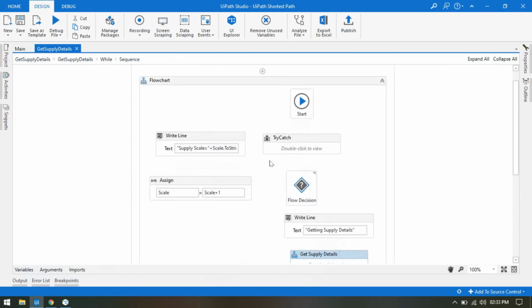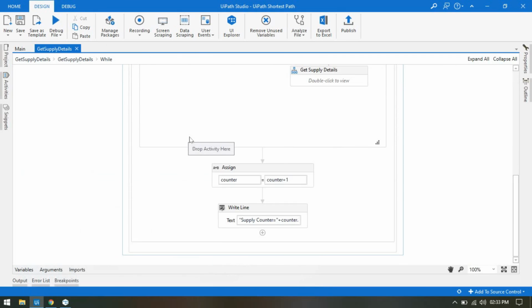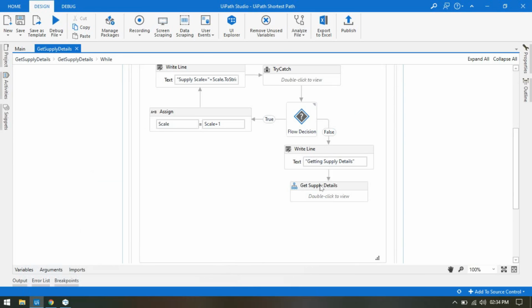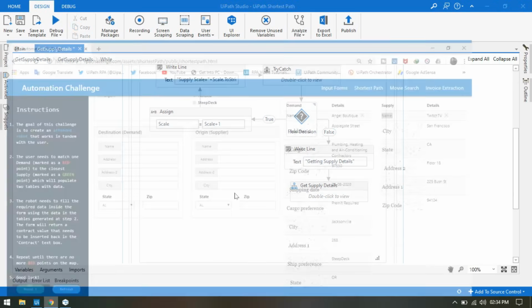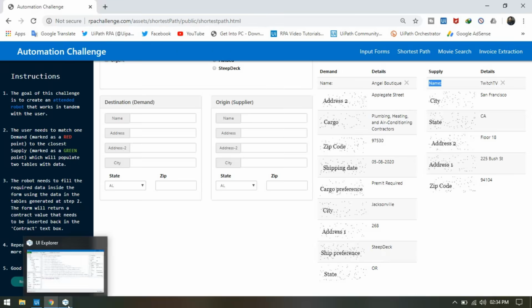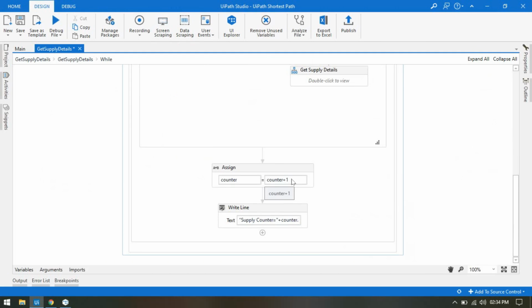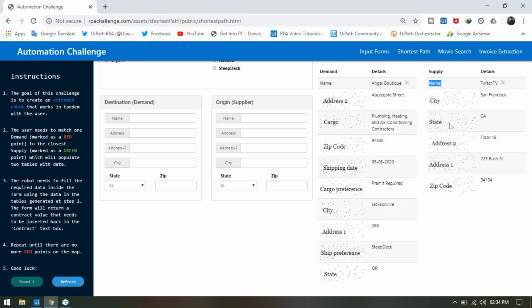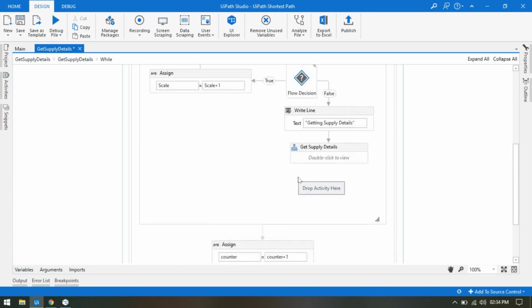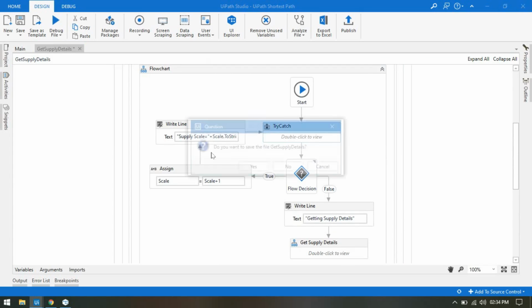So you can see here in the while condition, we are checking for the counter less than or equal to 7, and once the first round is complete, it means the first counter, table 3rd, is complete. Table 3rd is this: 1st, 2nd, 3rd. So city is the 3rd row. Once we are done with table 3, we are increasing 1. So now it will go and check for the table row 4, that will be a state. So again it will capture the value, verify the details and get the details.